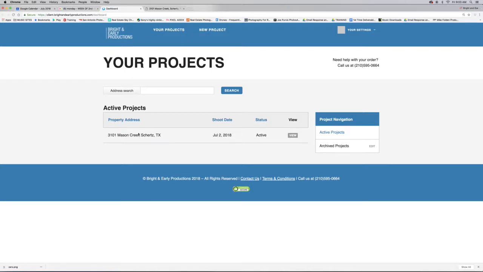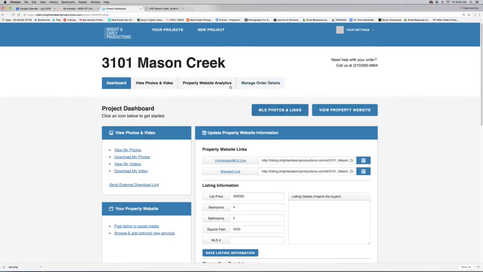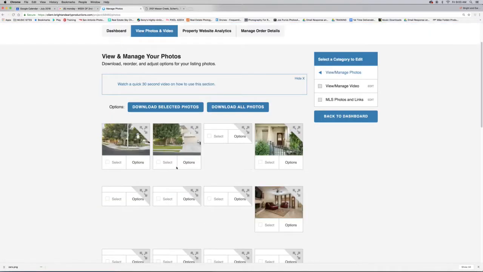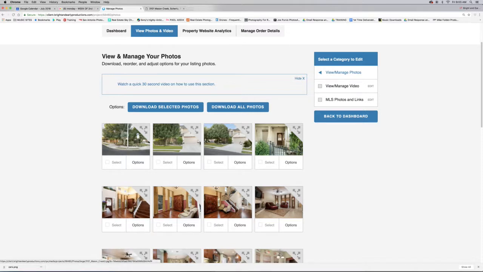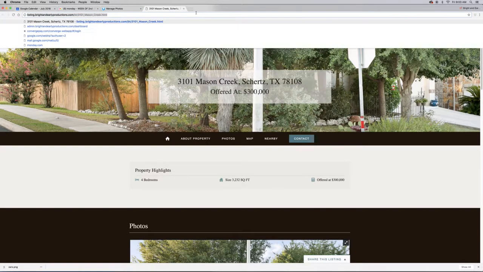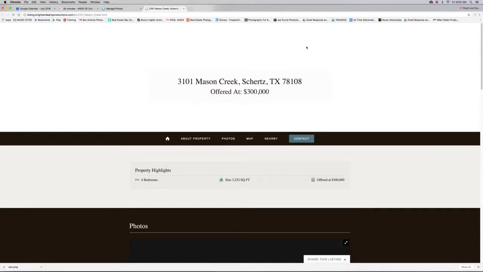You're going to look at the house that you're going to work on. Click on View. And then you are going to, okay, so let's do the border first. The border, is that the right word? Yeah, we're going to call it border. We're going to change it to this photo here. So you're going to go to Options, Website Header, that's what it's called, not border. Tripping. Okay, so Options, Website Header, and now you'll see once I refresh this that